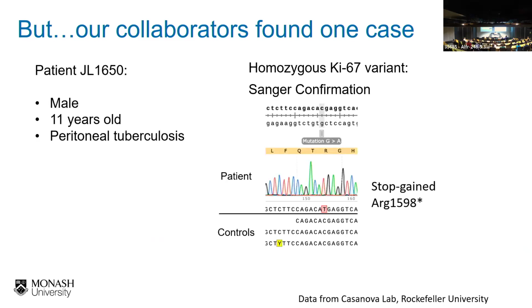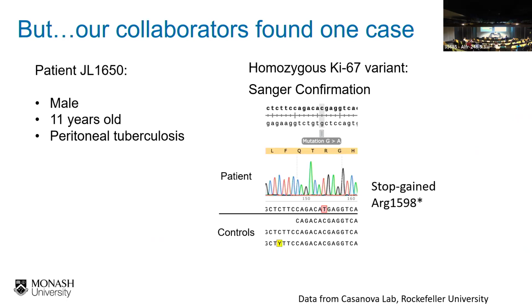So that is a boy, and when he presented at the clinic, he was 11 years old with this rare peritoneal tuberculosis. I guess that's why our collaborators decided to sequence the patient's genome, because it's not common to have tuberculosis in your peritoneum. What they found, also confirmed by Sanger sequencing, is that this patient is homozygous for a Ki67 point mutation, from G to A. It results in a stop codon gained at the arginine 1598 position,